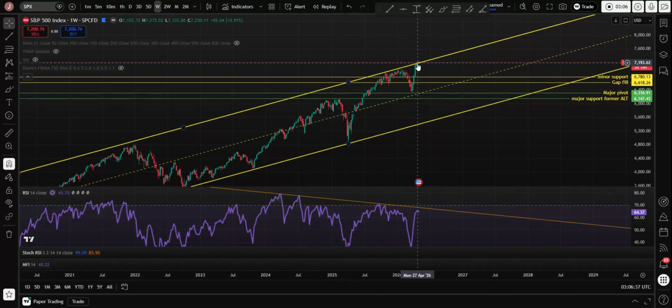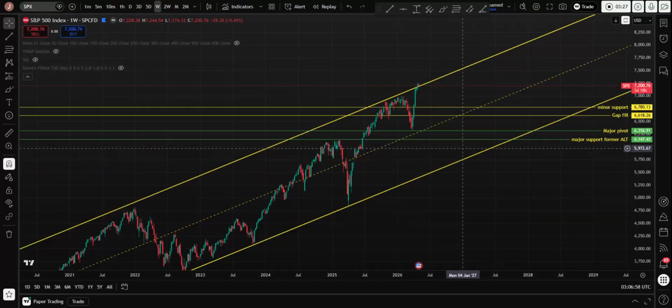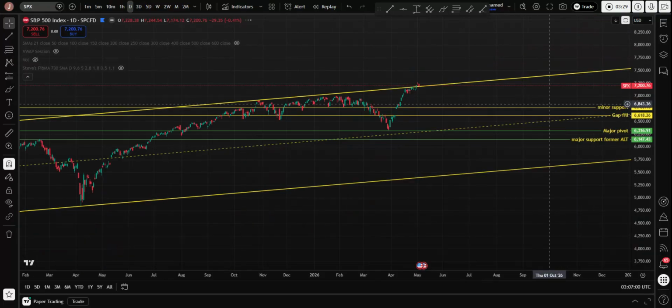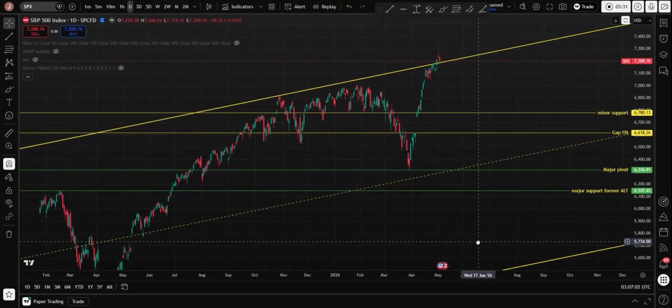And look, we made a new higher high here, and we're already rolling over, so we're making a lower high on the RSI. This is a major problem, because if we cannot make a higher high on the RSI, this is telling you that this is a fake out and we're going to have a bigger move back down. Before anyone starts saying something crazy like a crash or anything like that, it's possible, but